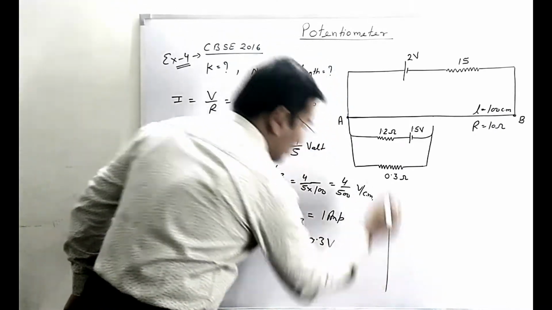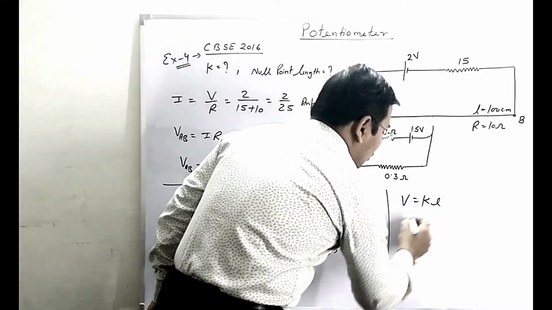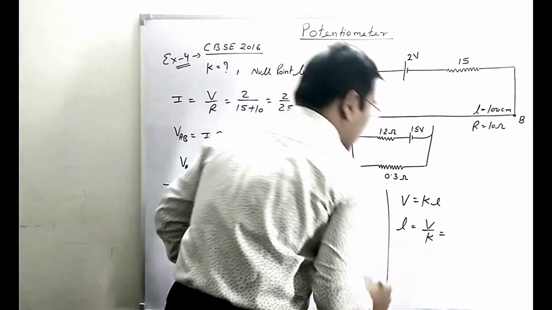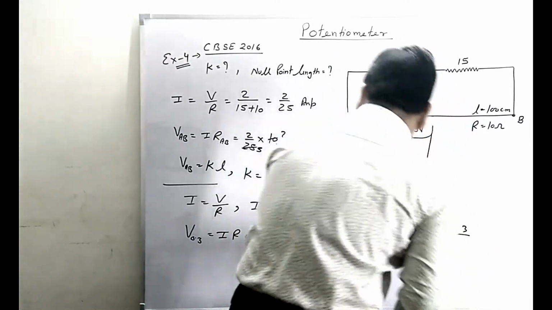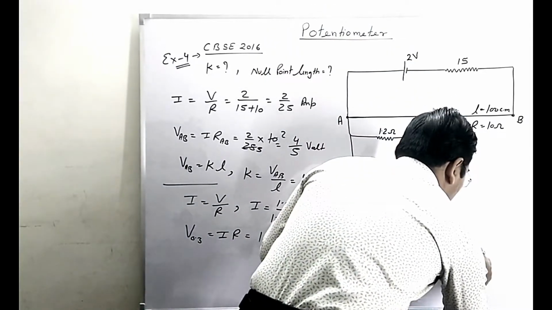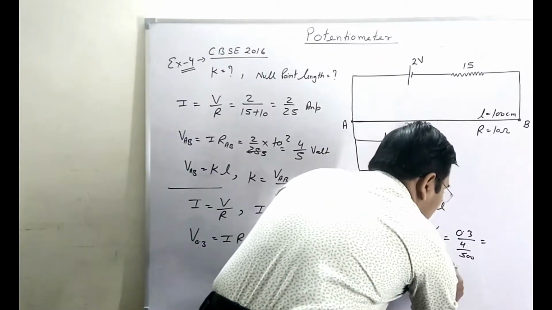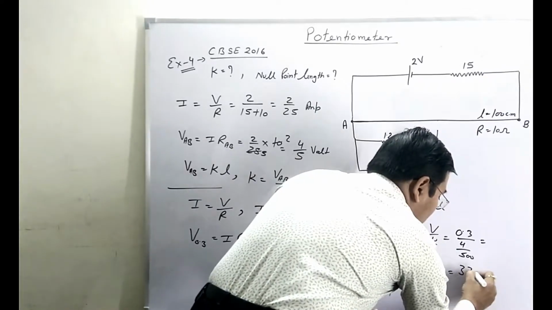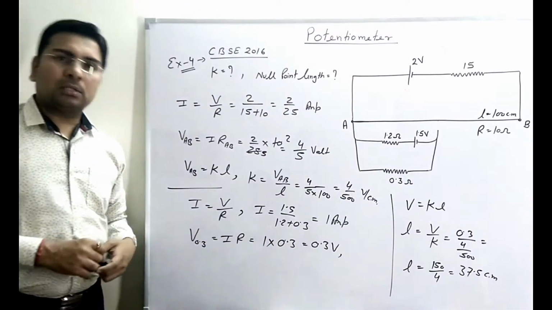So again now we can use the formula V equals KL. ठीक है, तो V कितना हो गया, आपको L निकालना है ना, तो L will be what, V upon K. V upon K हो गया, तो V की वैल्यू क्या आ गया आपके पास, it is 0.3 और K की वैल्यू क्या आ गई, this is 4/500. ठीक है, इसको हम सॉल्व करेंगे बेटा, तो ये सॉल्व करके जो आपका निकल के आएगा this is 150/4 and we can say 37.5 centimeter. ठीक है, नोट कीजिएगा इसको.